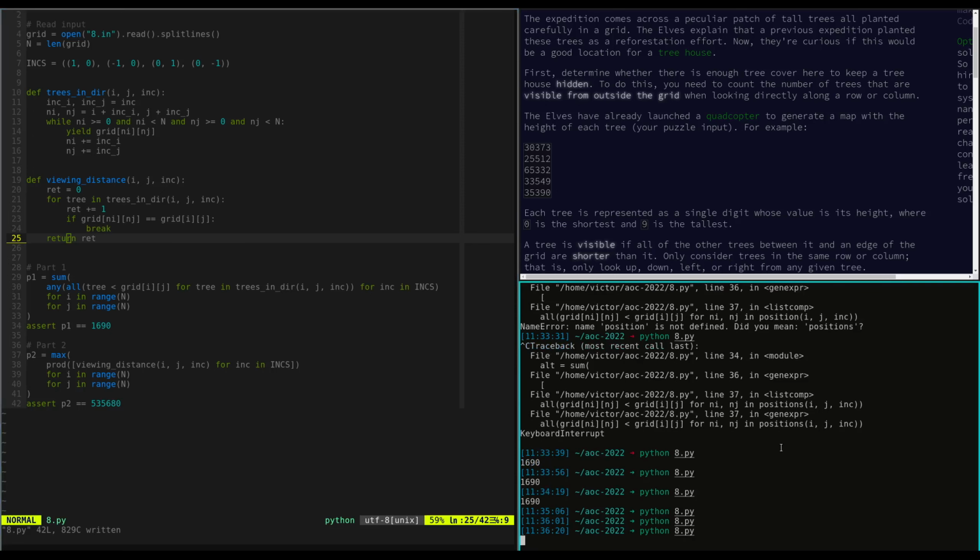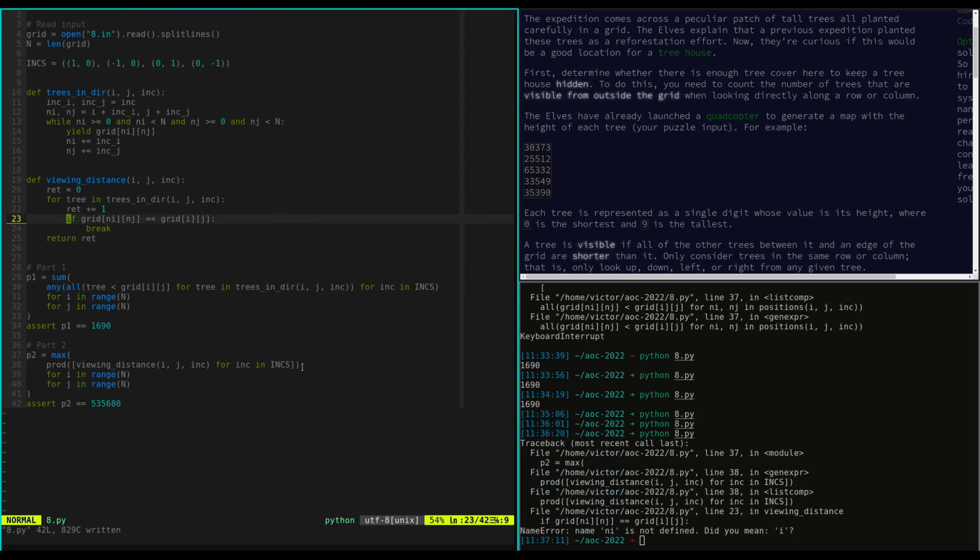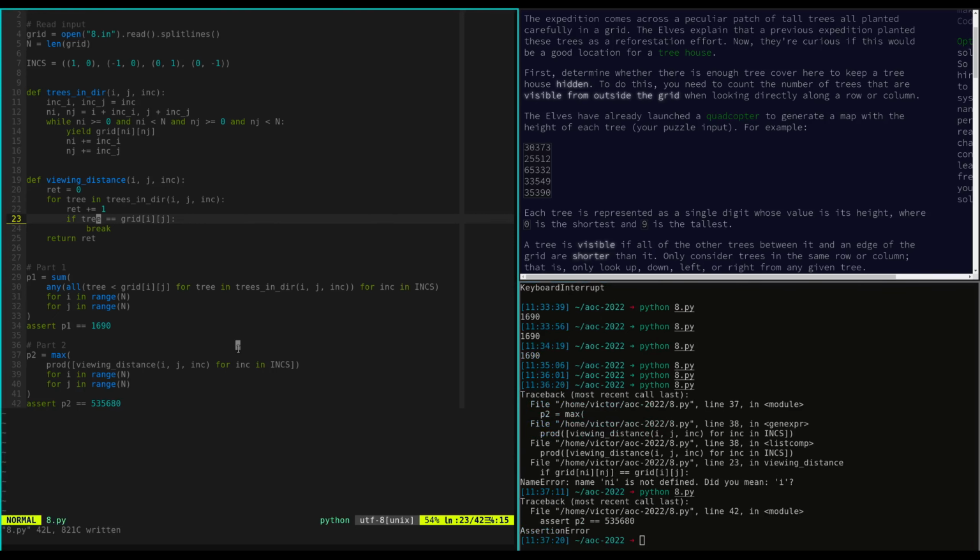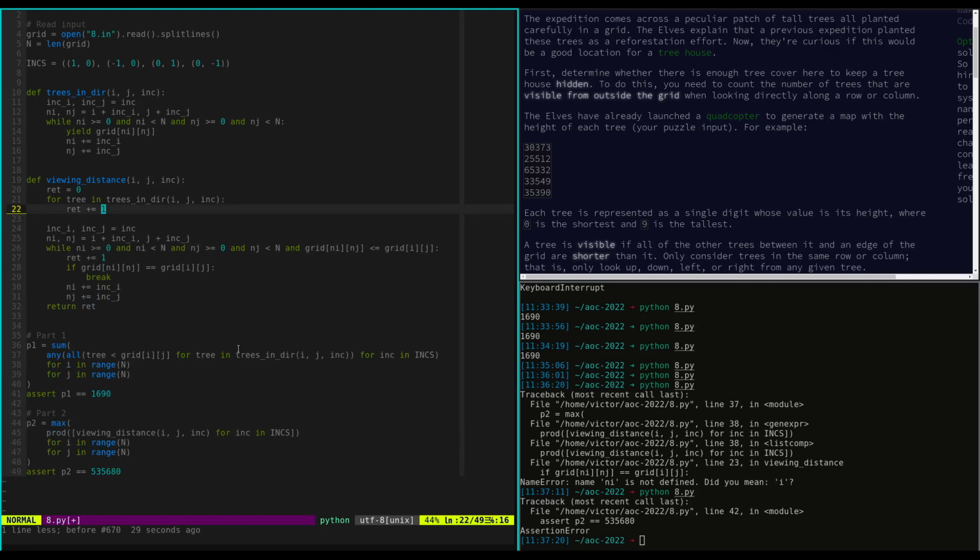Is this right? No. Okay, so grid ny and j is the tree. Okay, no. We're not doing this. I'm not thinking straight now. Let's undo this. What we're doing here is we are taking all of the trees. So for trees, we add 1. We break